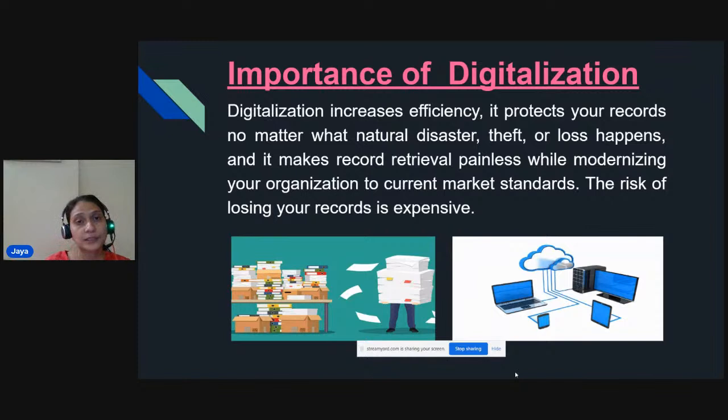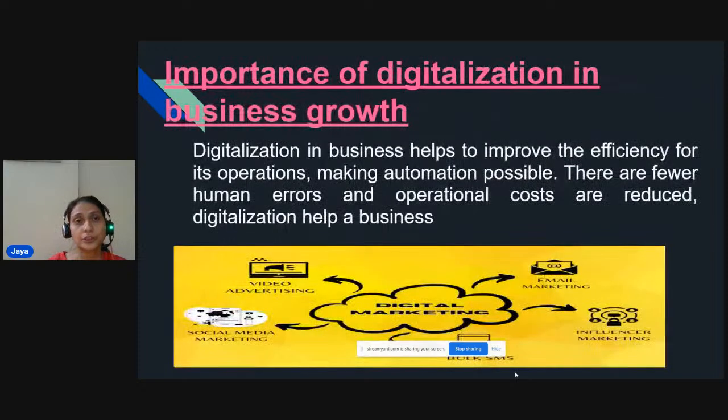So these two things: first, increasing the efficiency; second, your documents are secured. Third point, about the importance of the digital tool in business growth, is the retention of customers. Whenever you are handling an online business, you require consumers to come through your website and make repeat purchases. If your representative tries to solve the query or complaint of the consumer very attentively and proactively, the consumer will be happy with your service and will recommend your website to other people, and he or she will come back to make repeat purchases.